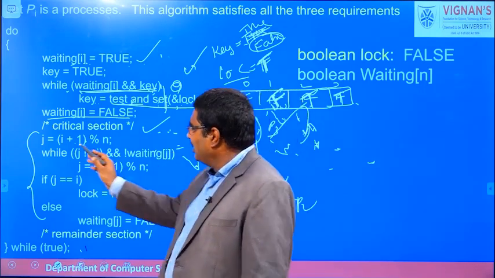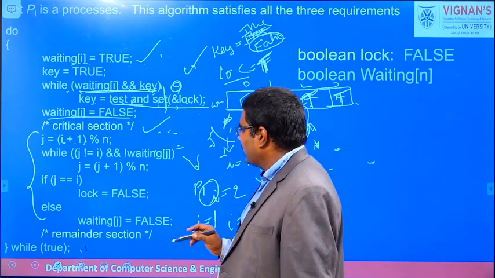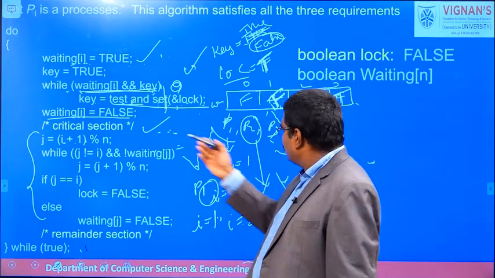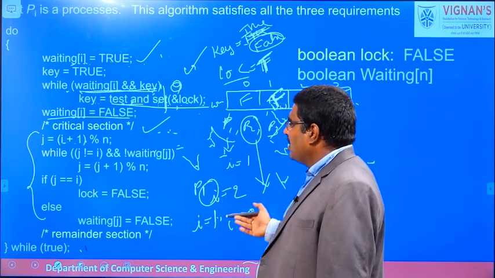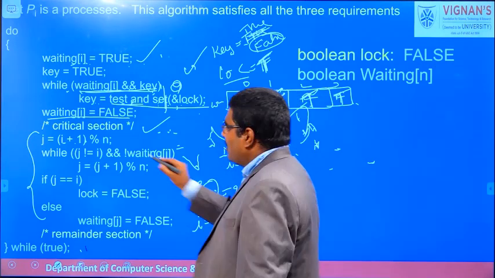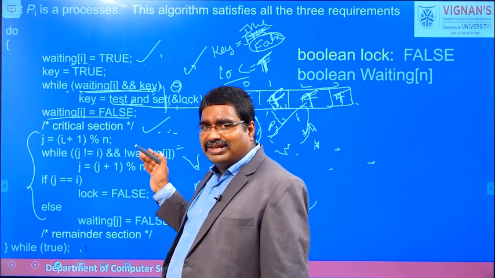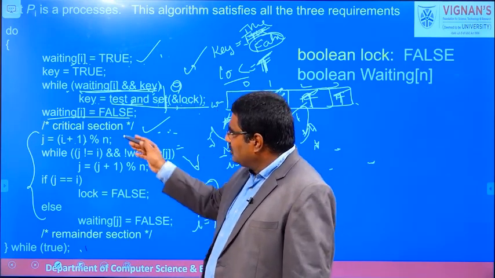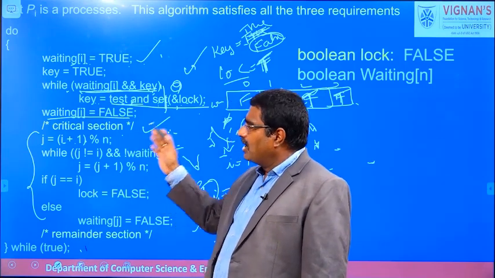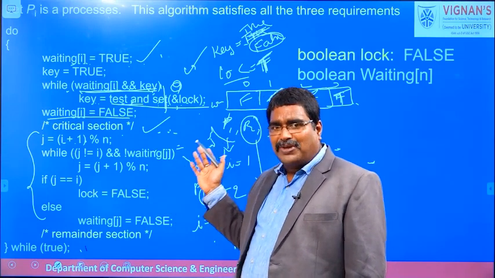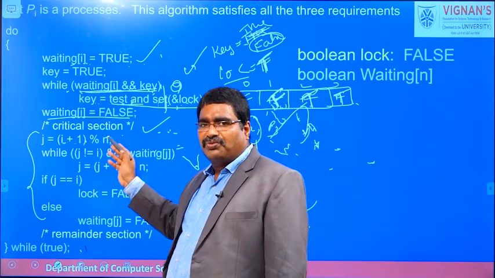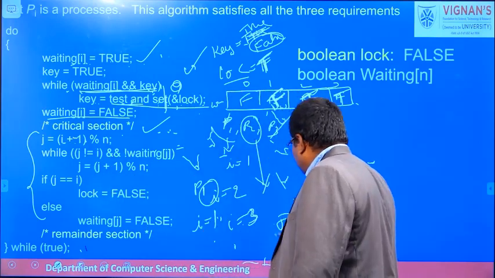Now we are calculating j is equal to i plus 1 mod n. What is i plus 1? i is 1, 1 plus 1 is 2, and 2 mod the total number of processes, which is 4. For that reason 2 mod 4 is 2 only, so the j value is equal to 2. Do you understand why we get the j value equal to 2? Because we are discussing the P1 process, which wants to execute the exit section. For that reason the i value is equal to 1, and 1 plus 1 mod 4, because we are considering the 4 processes P0, P1, P2, P3. For that reason n is equal to 4, and 1 plus 1 is 2, 2 mod 4 is equal to 2, so the j value is equal to 2.